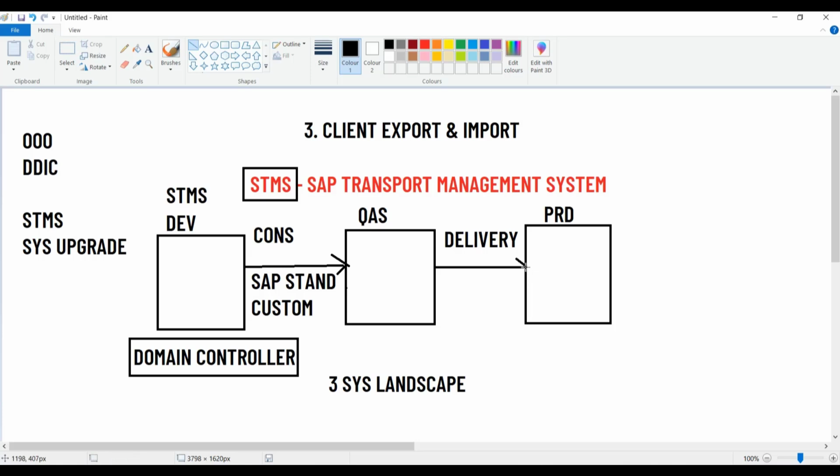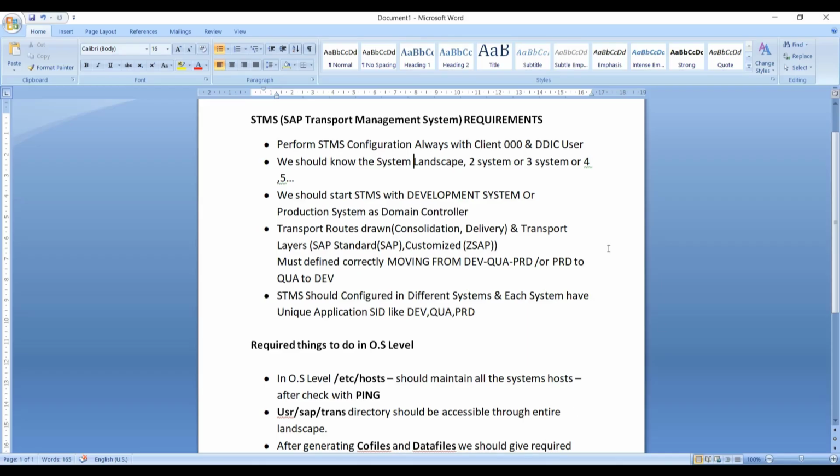If we have more than three lines, we need to drag like this, delivery like that. And the next one is, we must define correctly moving from development to quality to production, or production to quality to development, like that. Like if you go with the domain controller production, the flow goes like this to quality to development. So STMS should be configured in different systems, and each system has a unique